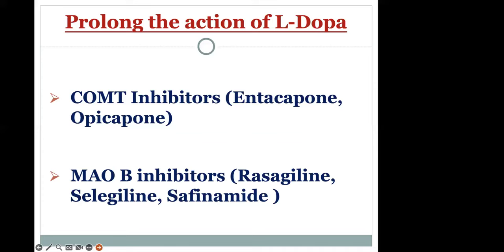The next group of enzymes that are relevant here are MAO-B, or monoamine oxidase group of enzymes, that can also break down all of the various different neurotransmitters, and amongst them is dopamine. So MAO-B is more selective for dopamine, and MAO-B inhibitors are used in combination with levodopa formulations and sometimes alone, because your body makes your own dopamine. So if you allow your own dopamine to survive longer,